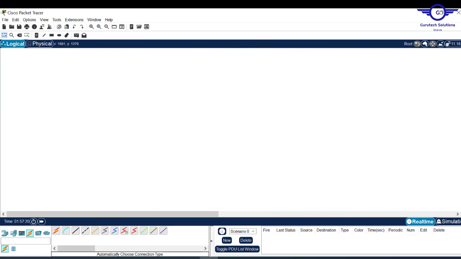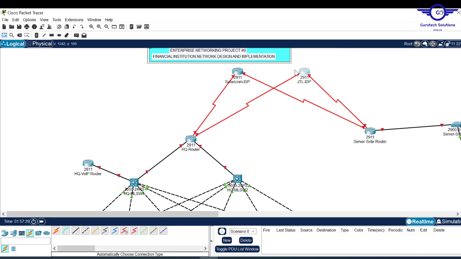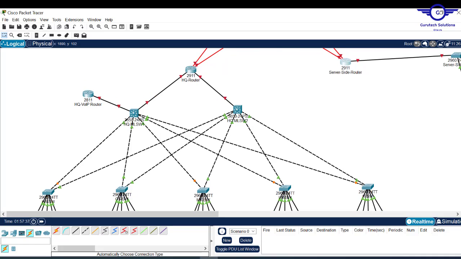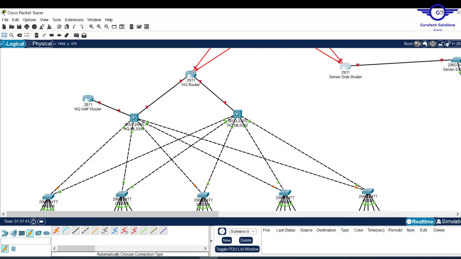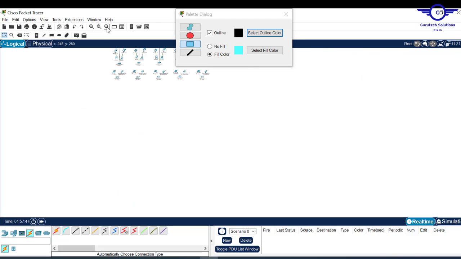Okay, all right. So basically what's remaining is just to divide this network to show that this is the HQ network and this is the server side network. Okay, all right. So just a minute. Okay, so I'll proceed and divide this network as HQ and server side network. So I'll just take that first and minimize it so that it becomes